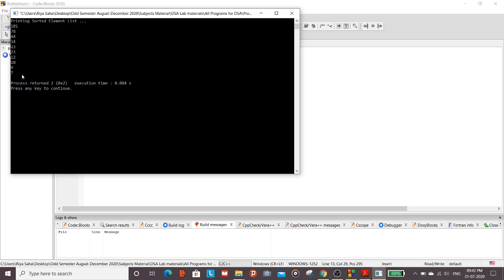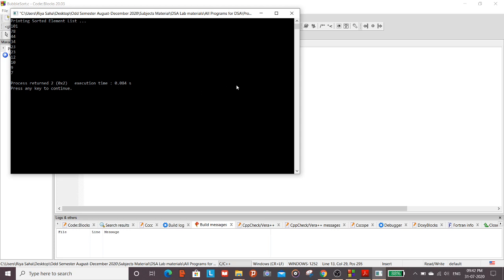Here the output has been shown in decreasing order. Look here: 101, 78, 44, 34, 23, 23, because there are two numbers 23, then 12, 10, 9, 7.